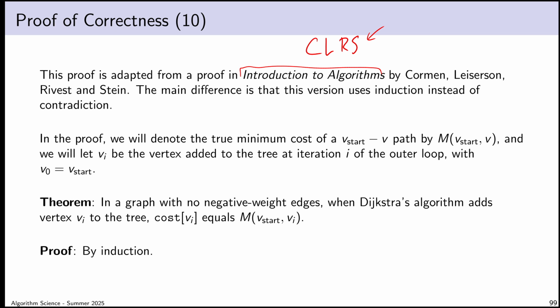The proof that I am writing here is basically just that proof. I've made a couple of adjustments to it. Most of my adjustments are to make it easier to put it on slides versus to write it down. I use a tiny bit of different notation to be more consistent to other notation we've used in this course and to avoid creating confusion. And I have made one non-trivial modification, which is that the proof in the book is a proof by contradiction. I have chosen to structure it as a proof by induction.